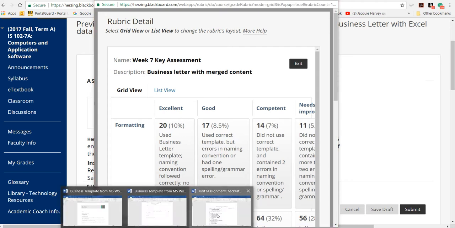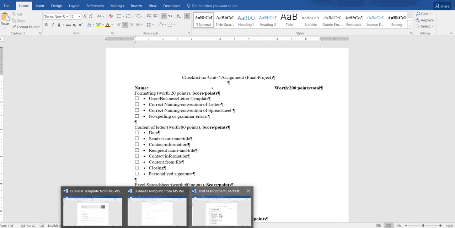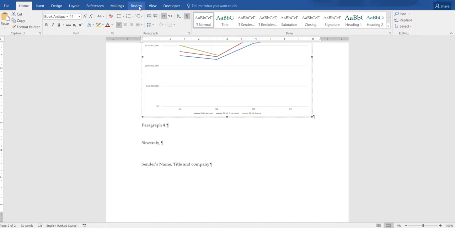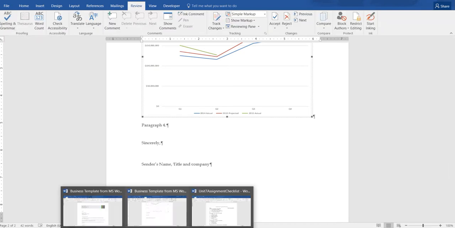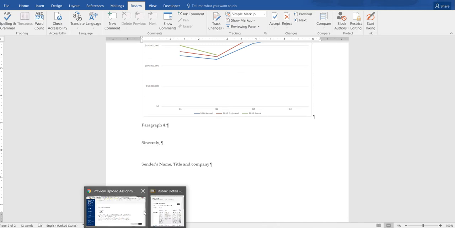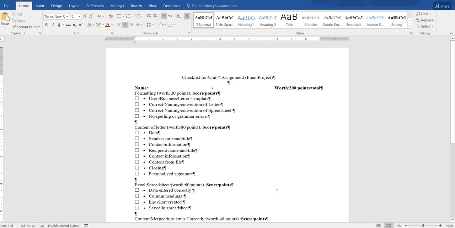But on the checklist, I've actually specified you use the business letter template, you named them correctly, you didn't have any spelling or grammar errors. Now, you need to check spelling. Remember to check the spelling. You go to Review and Spelling and Grammar. And the 2 errors probably won't show up on those because they're the best case scenario, so it's not going to see them as an error.